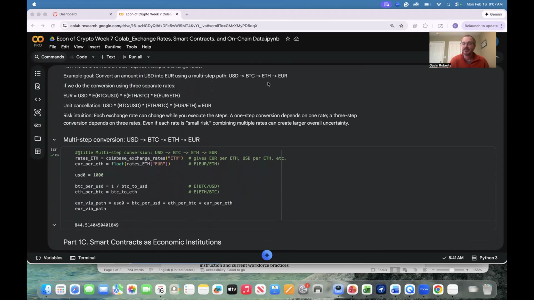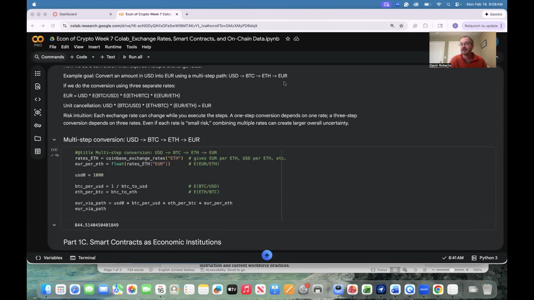Maybe we're going to be on the Bitcoin and the Ethereum blockchains, and then we're going USD to Bitcoin to Ether and then back to euros. That actually might be a relatively efficient way to do foreign exchange. Maybe not using both, but we could imagine, I'm a US citizen, so I think of Bitcoin in US dollars, but I want to go to the Ethereum blockchain because I want to do a smart contract, which exists on the Ethereum blockchain, but not on the Bitcoin one.